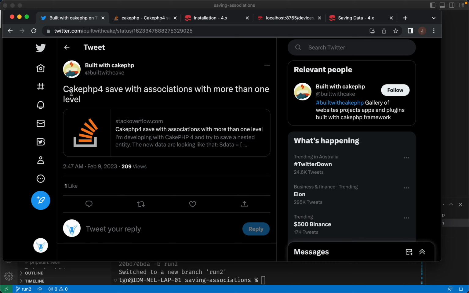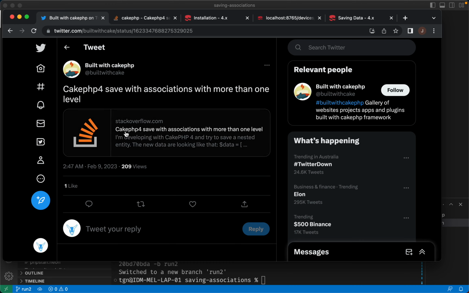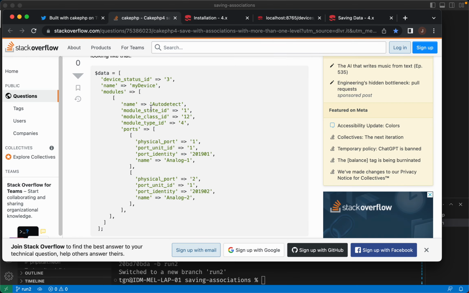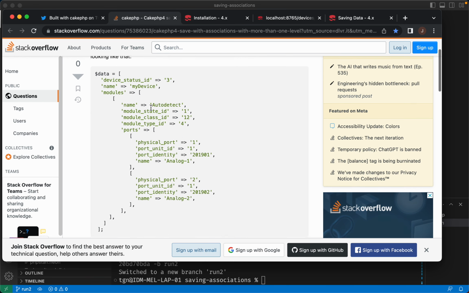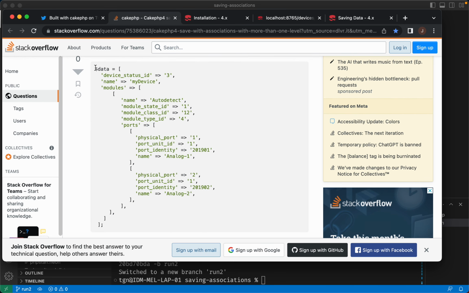This is built with Cake, regarding a Stack Overflow post with the title CakePHP Save with Associations with More Than One Level. So I thought I would do a brief attempt to do that. The user has posted a data array. This would typically be something that you would receive as post data,